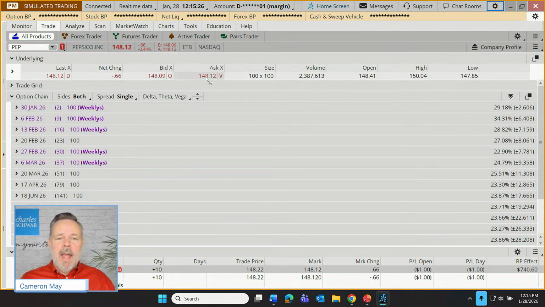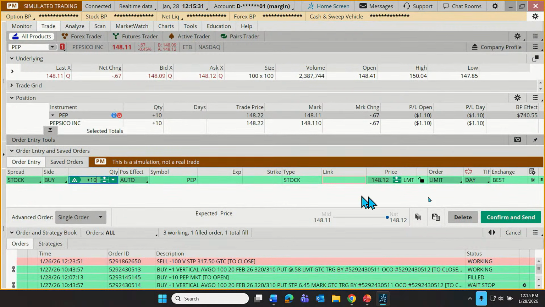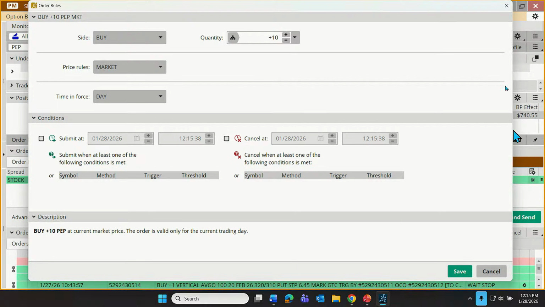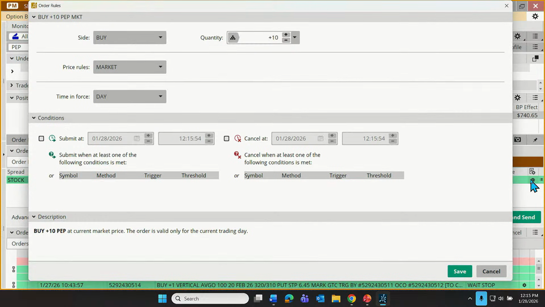Let's do that. Let's click on our ask price and let's put in our 10 share purchase. But I want to do this. First of all, let's set this as a market order. I'm going to go to the order conditions. Now, if you haven't done this before, this one's a little bit easy to miss because all the way over to the right side of our green order bar, there's a hidden gear. As I point right there at that little box, you'll see that gear appears. So I'm going to click on the little gear icon there. And a gear means that we can customize things here. And here we're going to customize the timing of the trade.